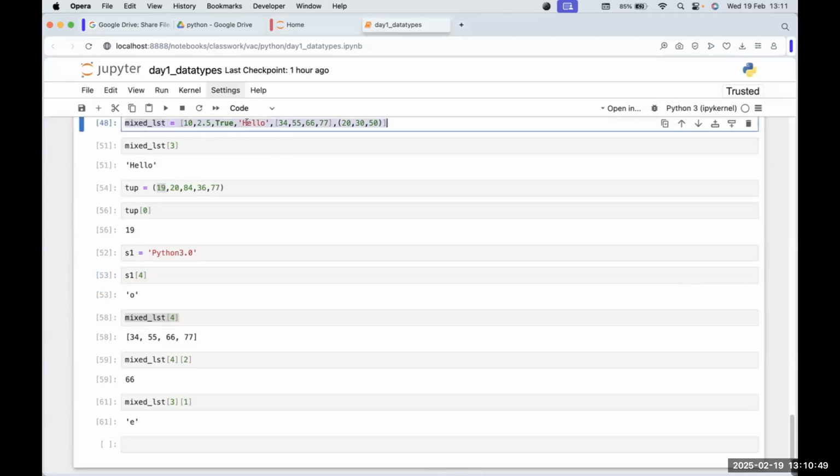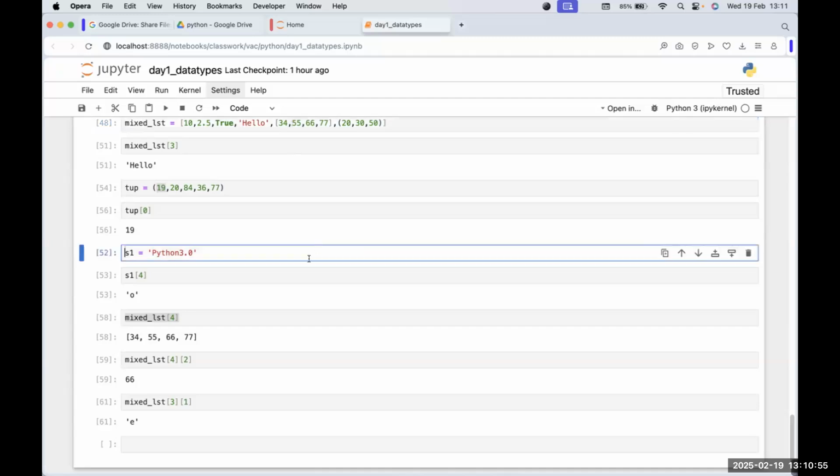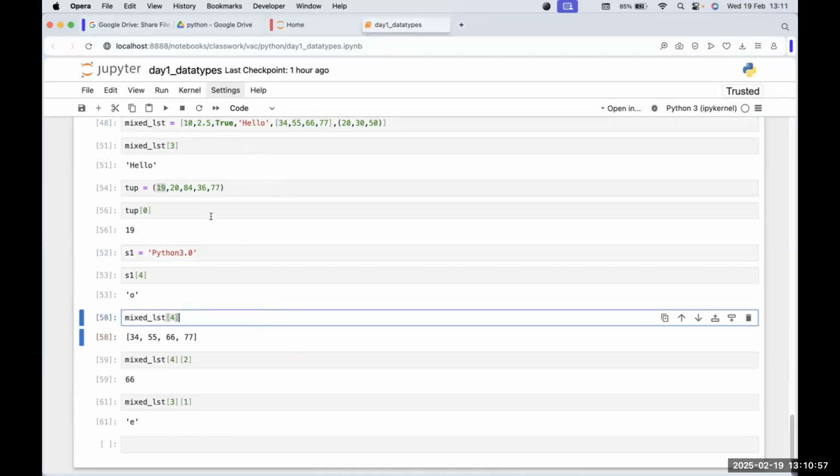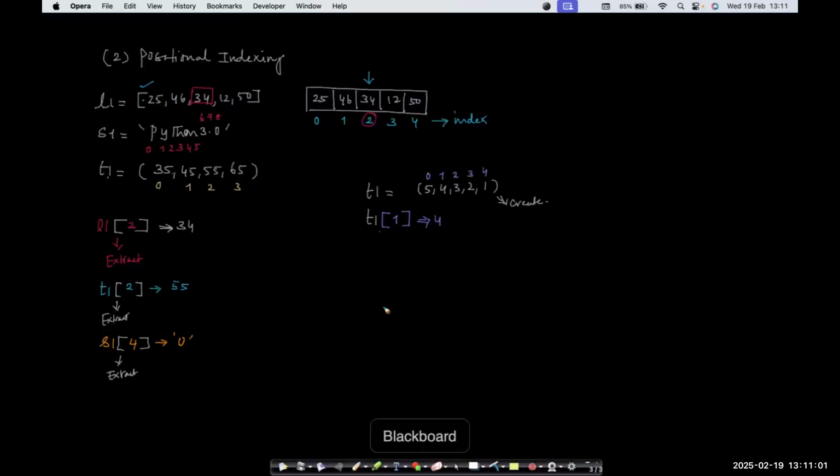If you have a list within a list or a tuple within a list, first get it out and from that you can take whatever value you want. So this is how you can access one value at a time. But you can also access multiple values at the same time, right? So for example, I might want to take